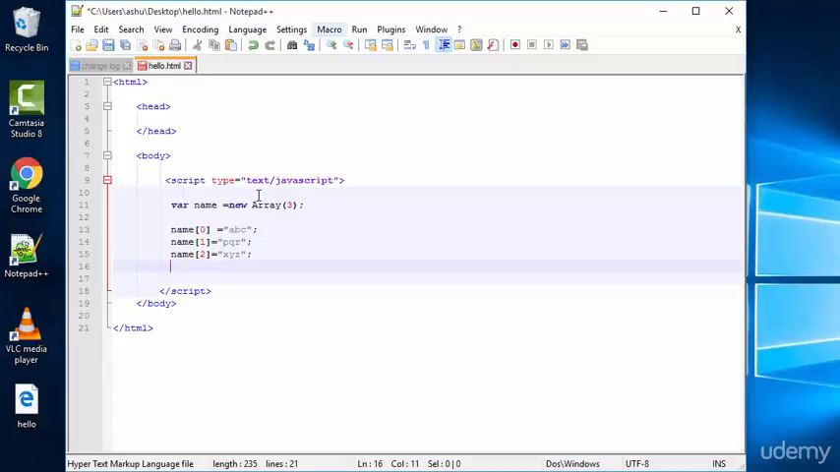So once we are done with initializing the array, now in order to check whether these elements are actually stored at those positions, we go ahead and type document.write and we display, let's say we want to display the last element. So the last element of an array is stored in the second position. So we type name[2]. That is, we type name, then we have a square bracket, and inside the square bracket we give the index